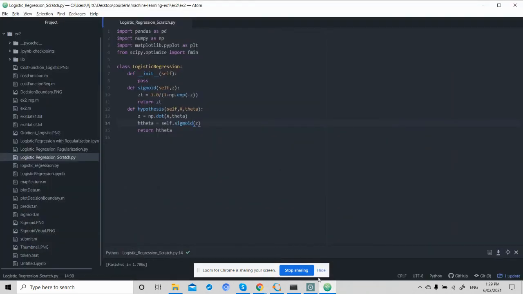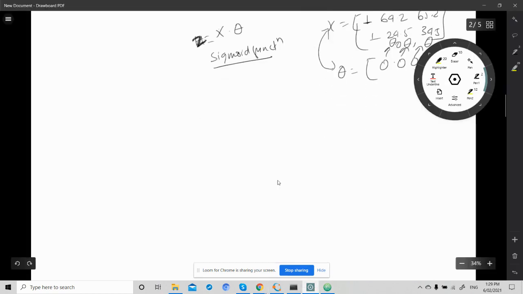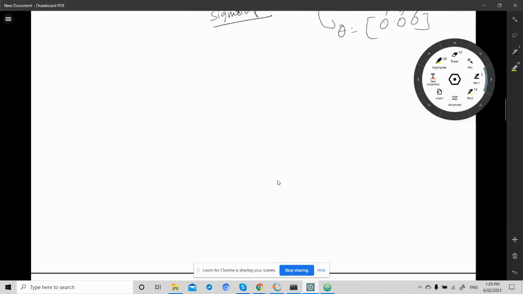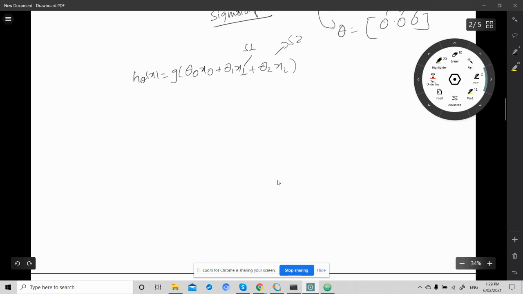So what we did is, we know that h theta of x is g of theta naught x naught plus theta 1 x1 plus theta 2 x2, because we have two features, score 1, score 2, and x naught is again a vector of 1s. So we did a dot multiplication, which is matrix multiplication, and then